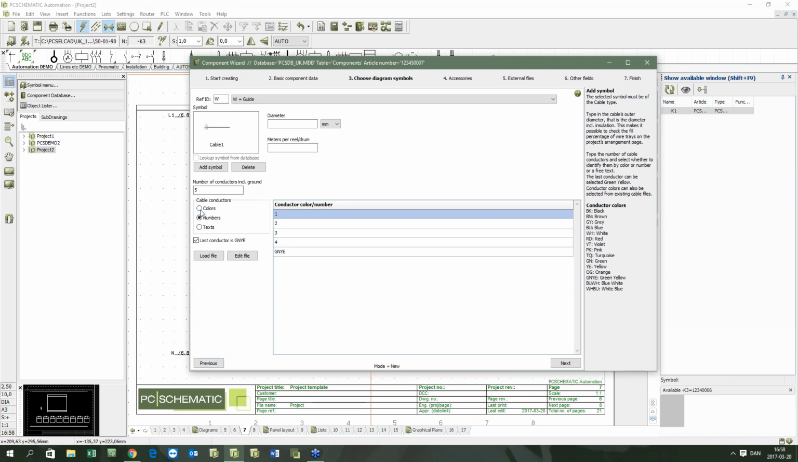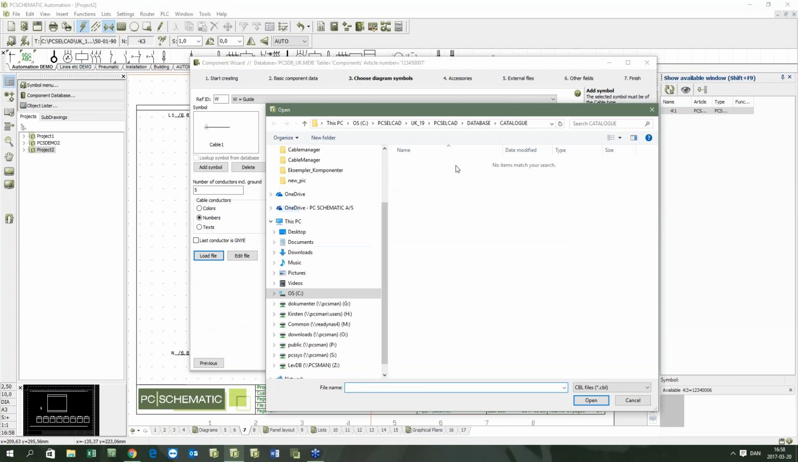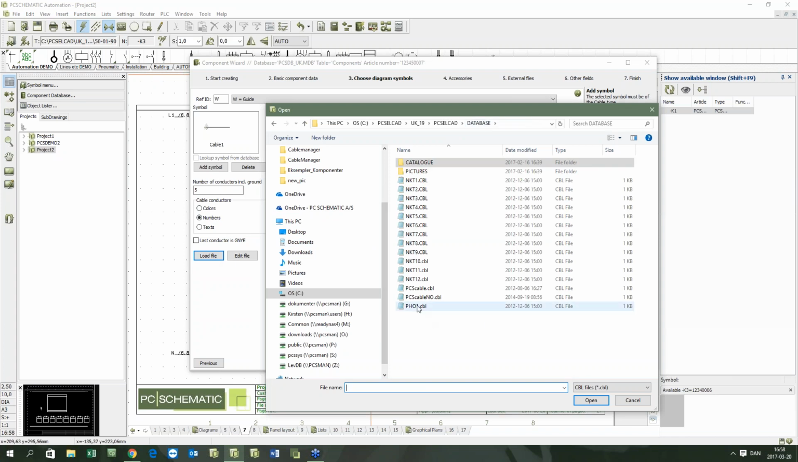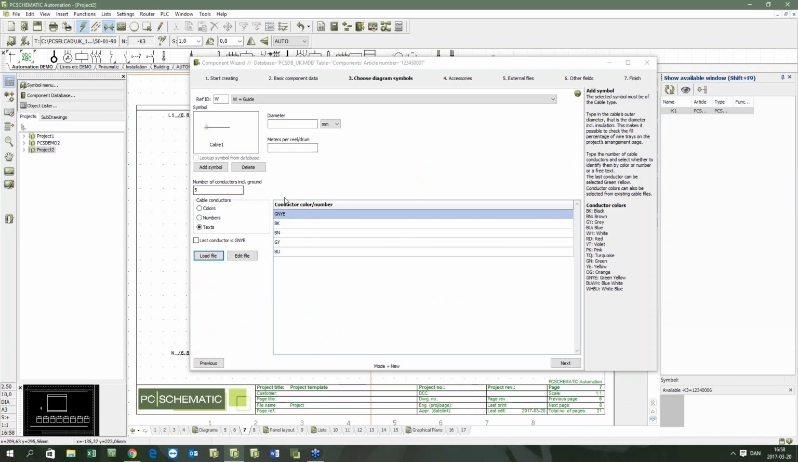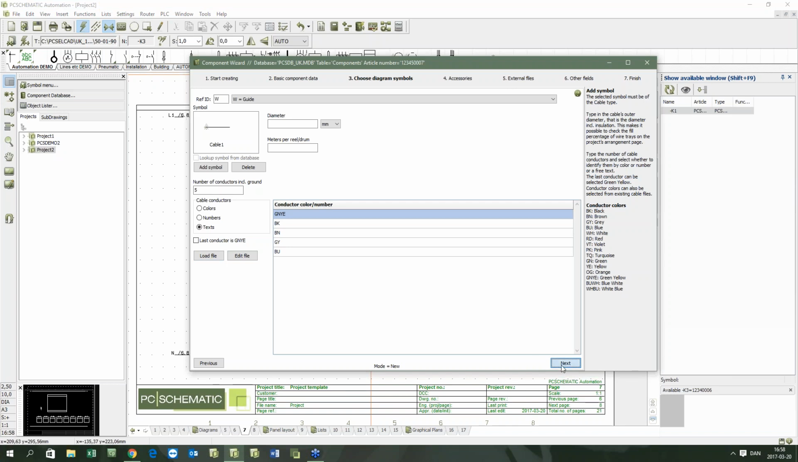If I had a cable that was already defined, for instance this one, with numbers on it, you can see this one because I selected a cable definition file already. I had all the conductor names or numbers or colors in that, and in that way I could quite easily create a cable here. Those options are what you can do with this